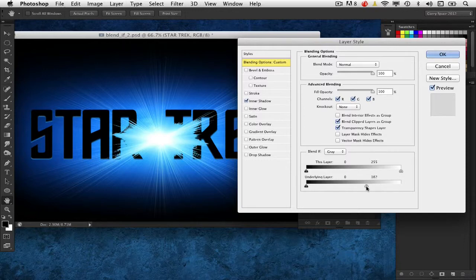It's allowing that lightness to come through, but it's just too rough. The edges are just too terrible, and it's just not looking like it should. Well, if you hold down the Option key on Mac, Alt on Windows, and grab that slider and split it, you can smooth that transition, and notice what's happening to the burst now. It's much smoother. It's appearing as though it's in front of the text. It's now giving me that more realistic look on that element. And that's all I'm going to do in this case, and click OK.